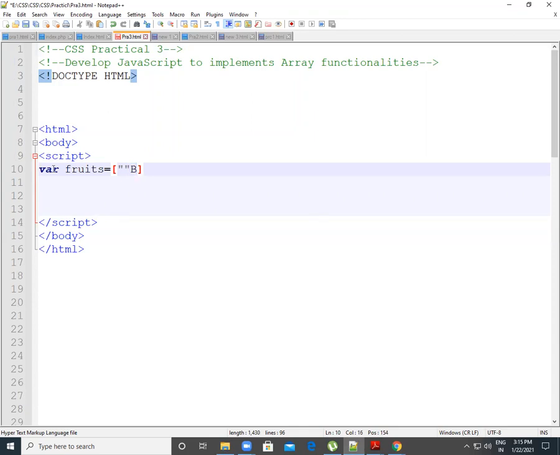Your fruit list is banana, then apple, then mango. Okay, we only have 3 fruits here.